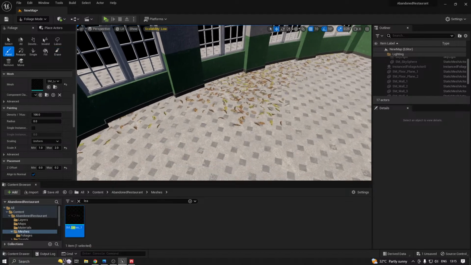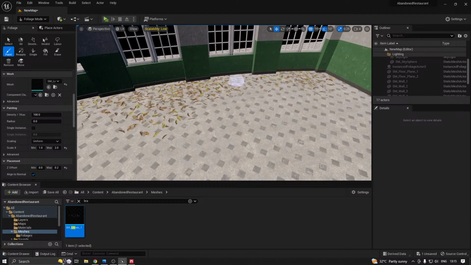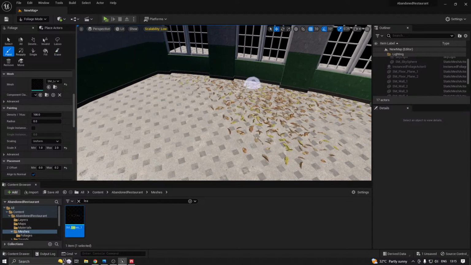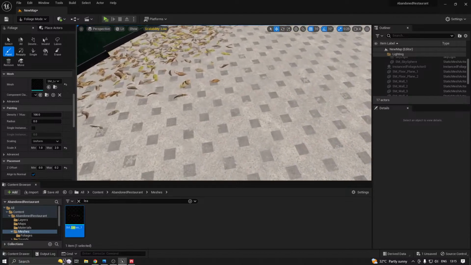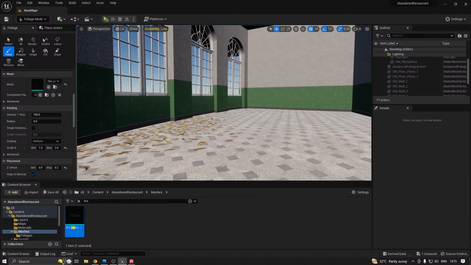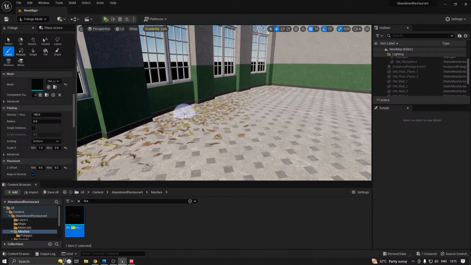See, now it's not actually flickering or colliding with the floor. It's okay, not that good. Anyway,